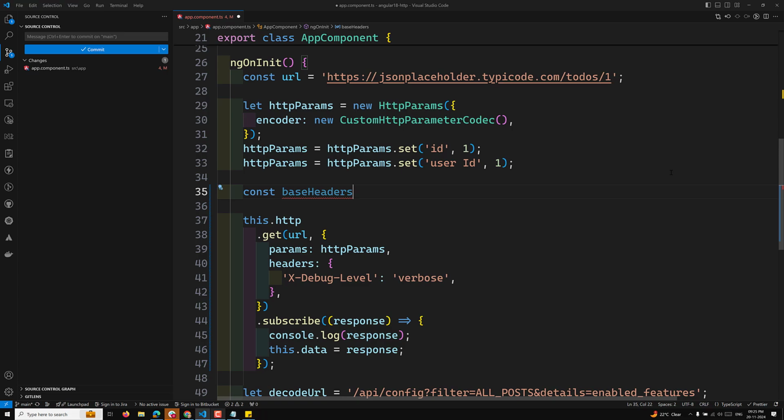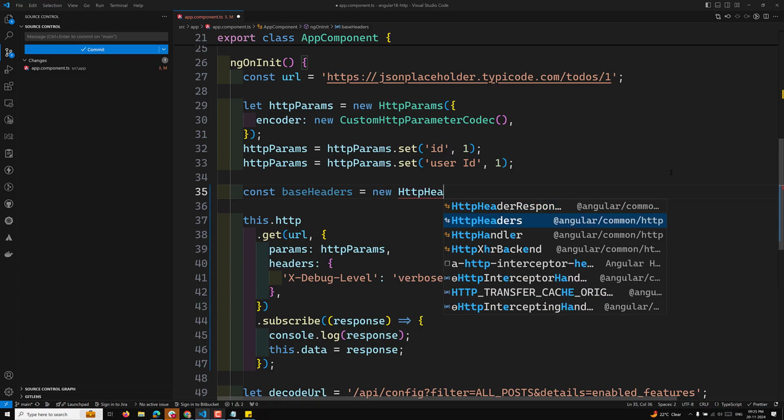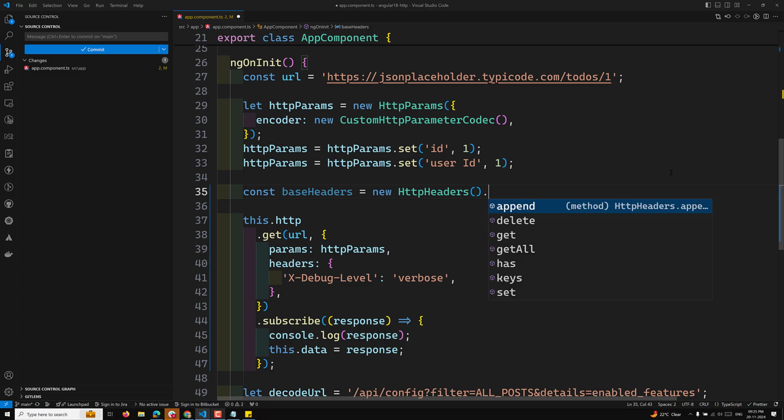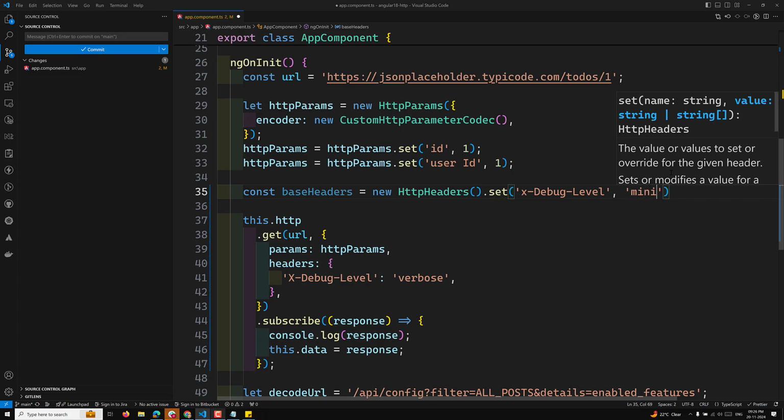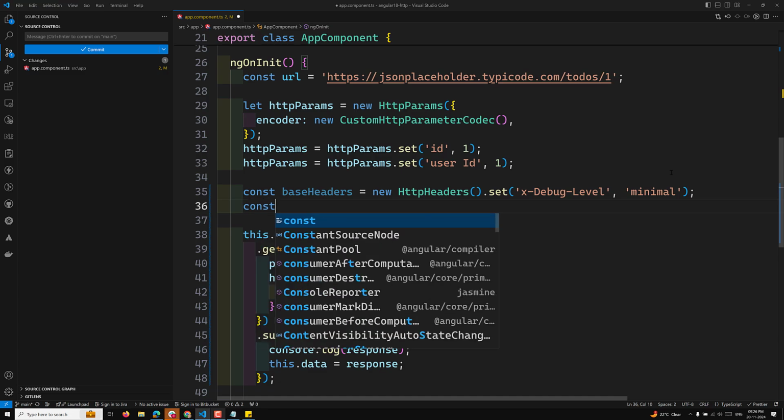baseHeaders is equal to new HttpHeaders. I can use new HttpHeaders and set it like X-Debug-Level. Here you can use X-Debug-Level, and I can use minimal. I will try to show you. Now we have used it like this, and I will use another one, const